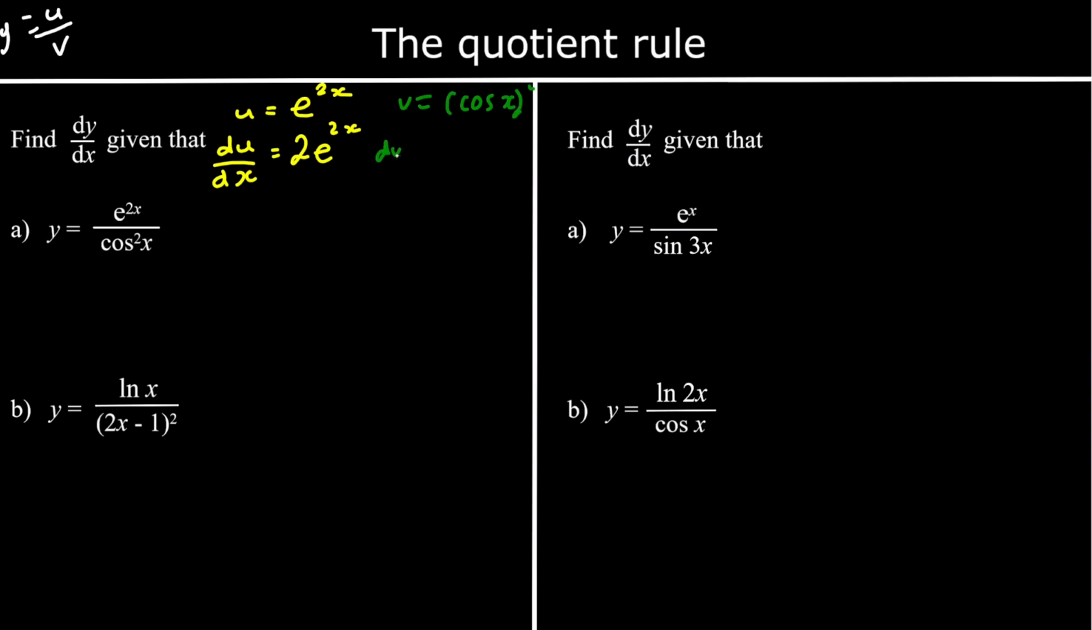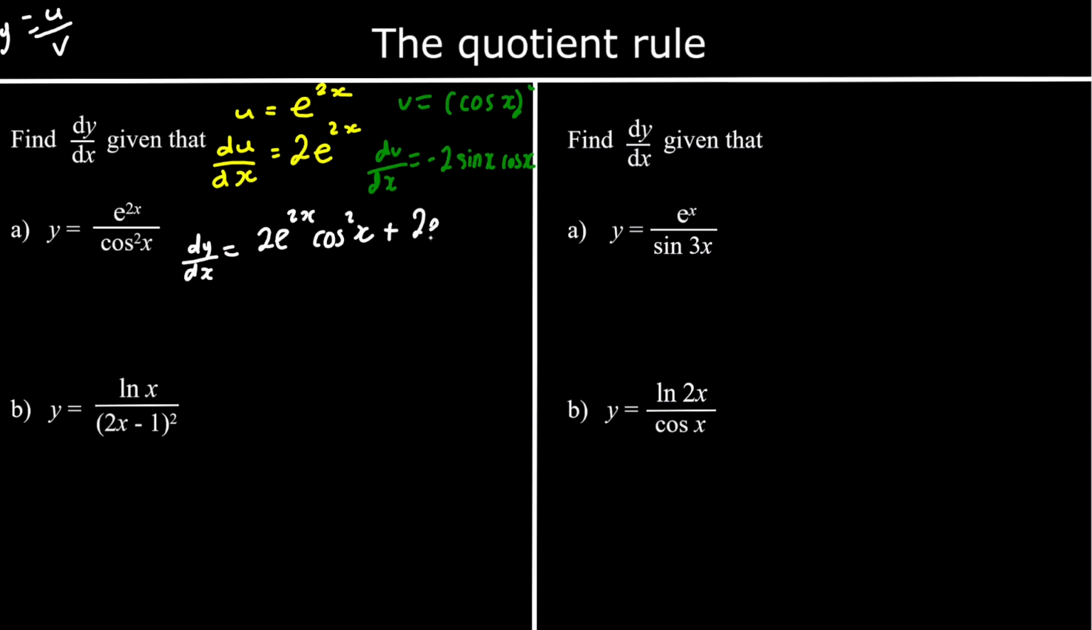So dv dx, using the chain rule, is 2 cos x times the bracket differentiated, which is negative sine x. So it's negative 2 sine x cos x. Substitute them in. So dy dx is v du dx, so 2e^2x cos squared x minus u dv dx. So it's minus, so plus